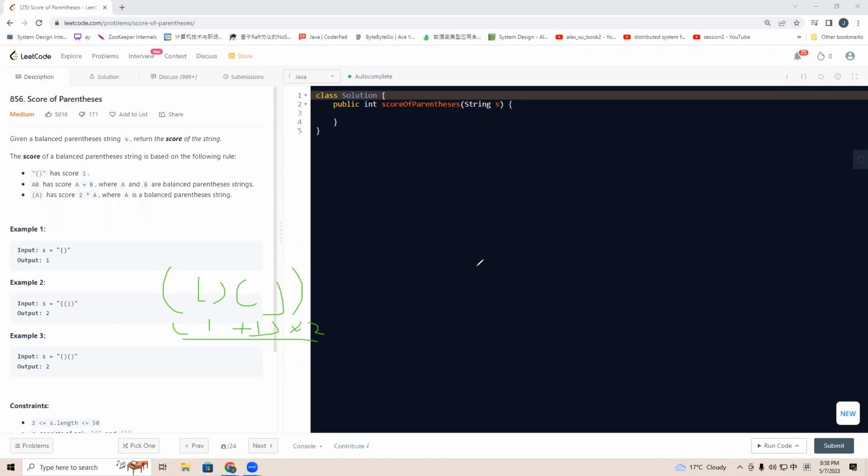So the first approach is that for this kind of problem, we can use some kind of stack. Every time we iterate the characters of string S, we look at whether it is a left parenthesis. If it is a left parenthesis, we just push that into the stack. And then we also look at if it is a right parenthesis. What we are going to do is look at the previous element,